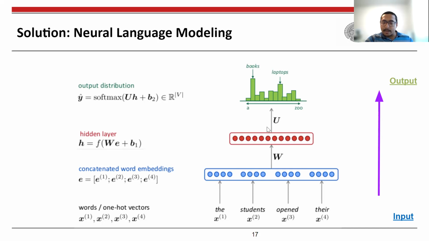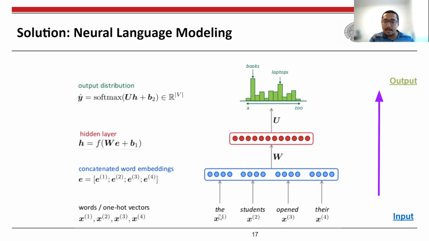And you can apply a multi-layer feed-forward neural network that we discussed. You can apply some layers of computation, and then you can apply a softmax operation, which will give you probabilities for each of the words. As you can see, if you apply a softmax operation, "books" has the highest probability. And if you train it for several iterations, then after seeing this sequence of words, you can obtain this softmax probability where "books" has the highest probability, followed by "laptops".